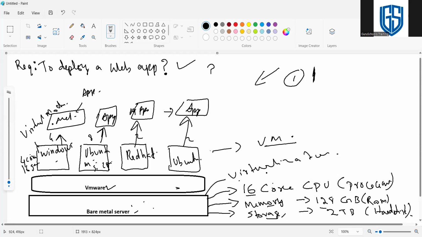Yes, but there are some other common things when going to this type of infra setup or scenario. Did you notice that? You need VMware. VMware we use for virtualization, right? Virtualizing our bare metal resources and allocating them to the required operating systems. So one thing we need to notice here is resource utilization.